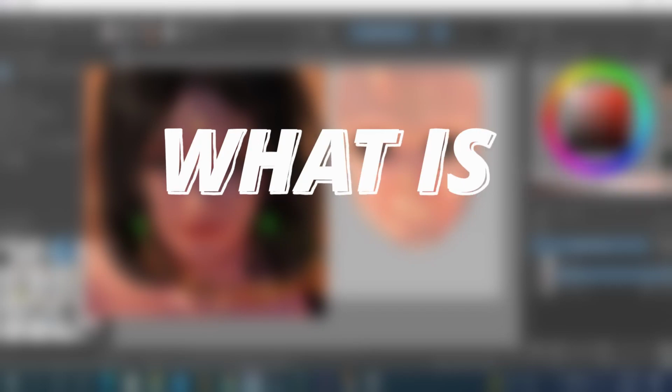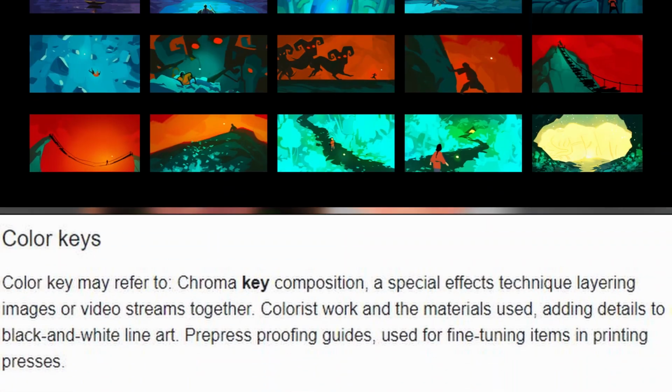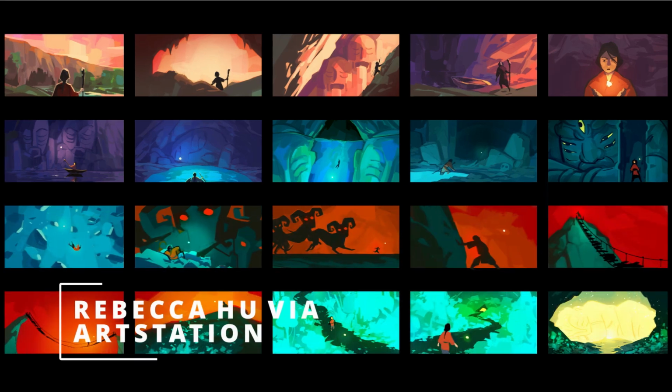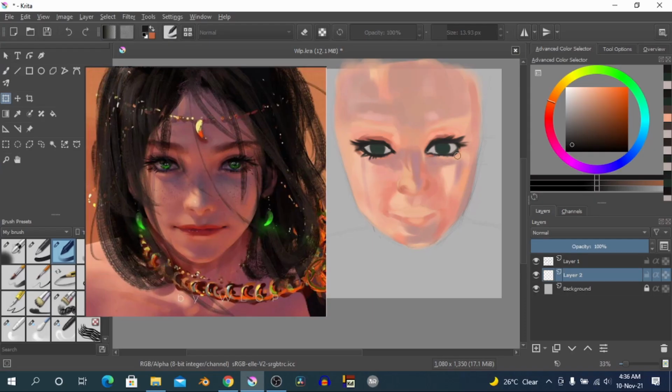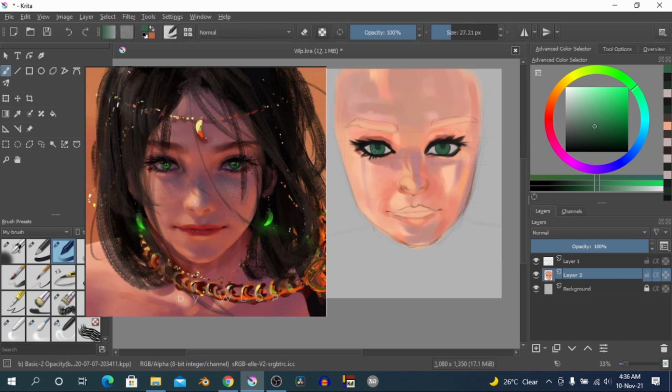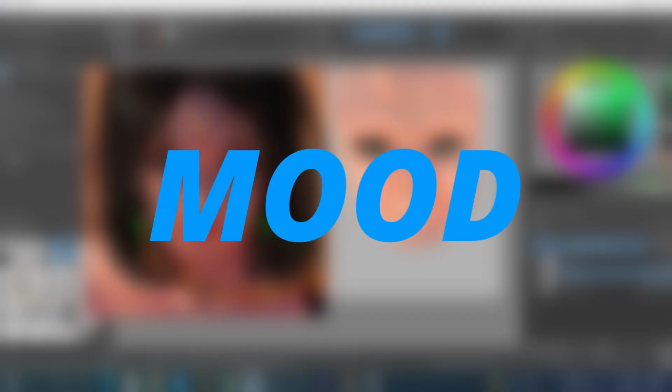Now tip number 1, and I think this is one of the reasons why WLOP's paintings look so good. The first tip is understanding color keys. Now what is color keys? Color key may refer to chroma key composition, a special effect technique layering images or video streams together, colorists' work and the materials used, adding details to black and white line art, or pre-press proofing guides used for fine-tuning items in printing press. Basically, the reason this is important is because having a color key can set the mood